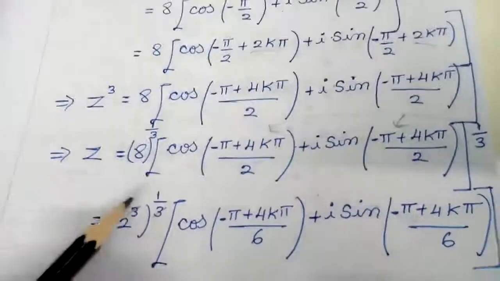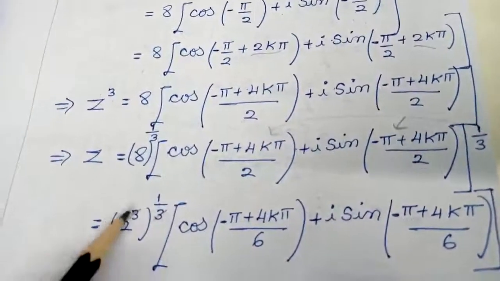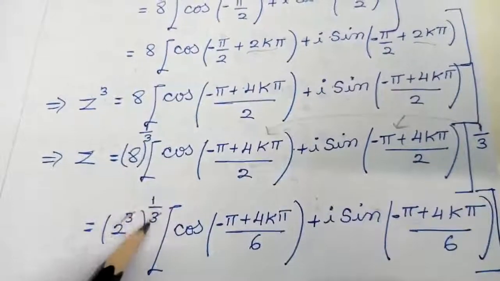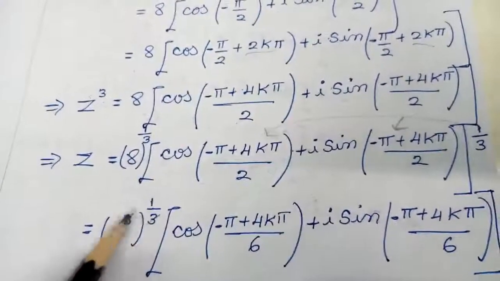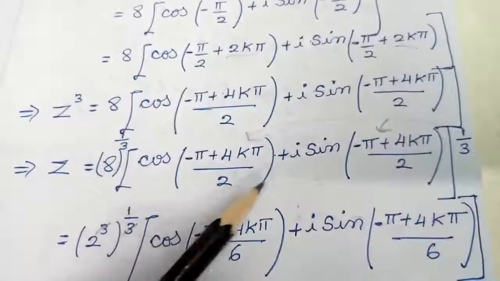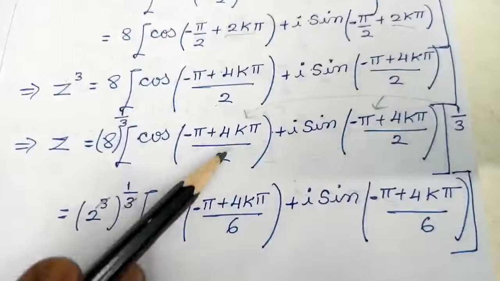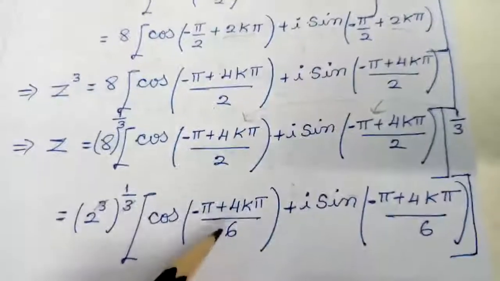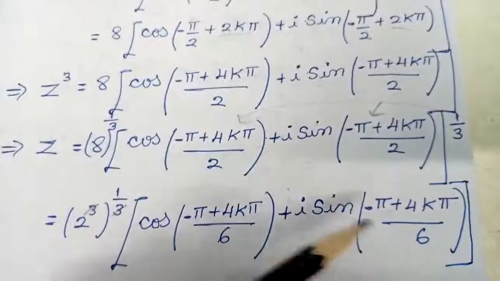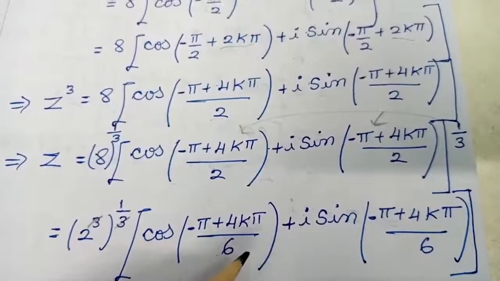Then what I am going to do here is, in place of 8, I am going to write it as 2 cube. So 3 into 1/3 will get cancelled. This 1/3 I am going to bring it inside the angle. Be very careful using De Moivre's theorem. We are bringing it inside. So 1/3 means 1, that is 2 into 3, you will get it as 6. Denominator value will be getting it as 6. You have to be very clear with the concept, then only you can do the sum in a proper way.